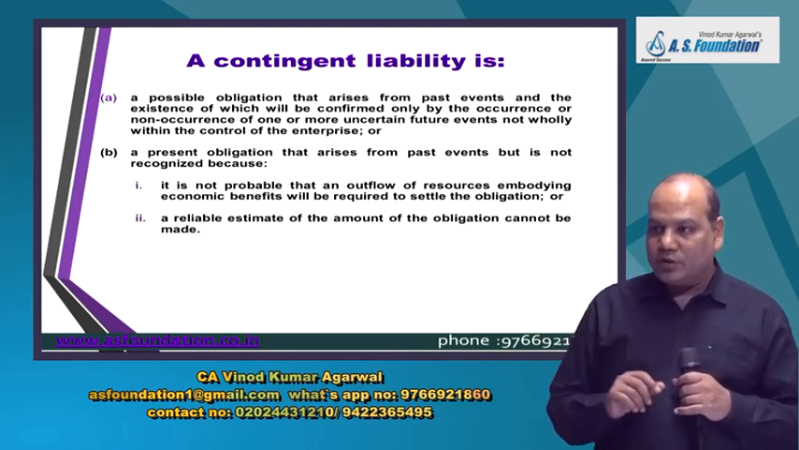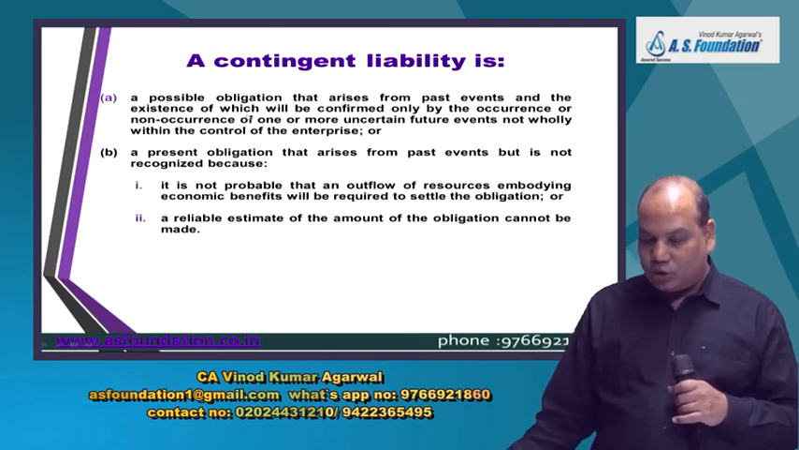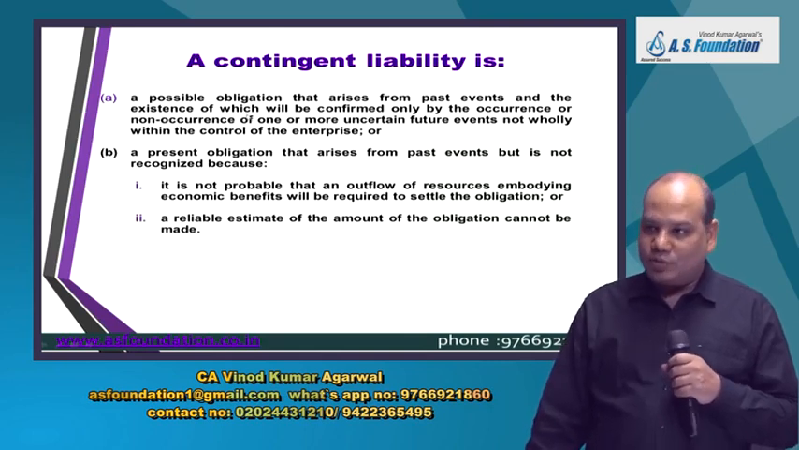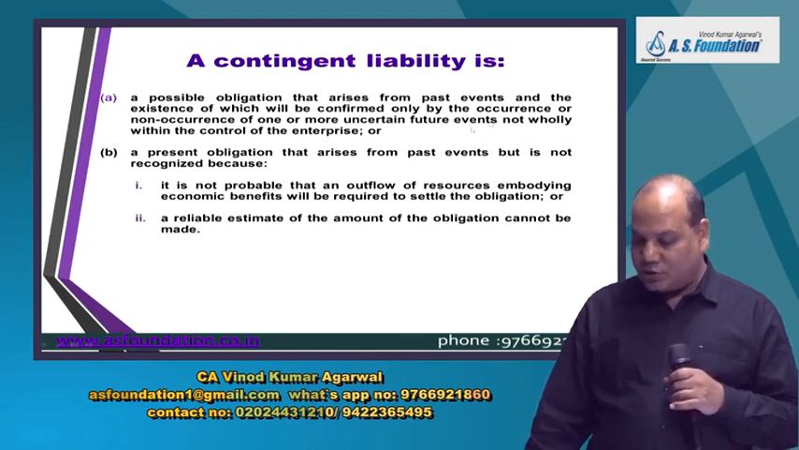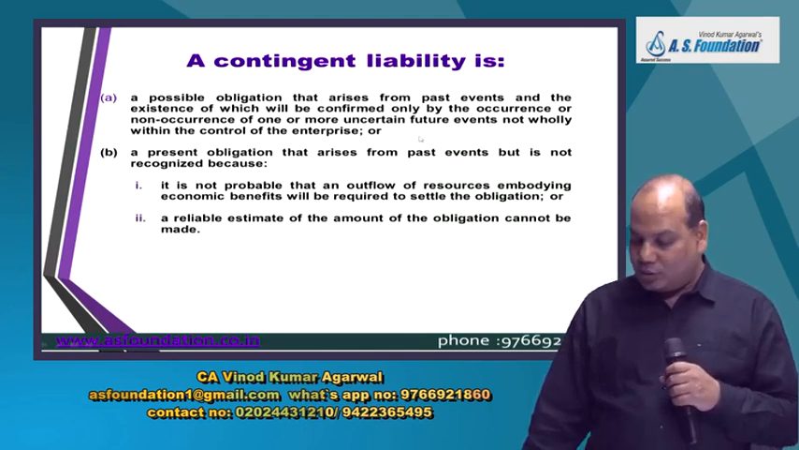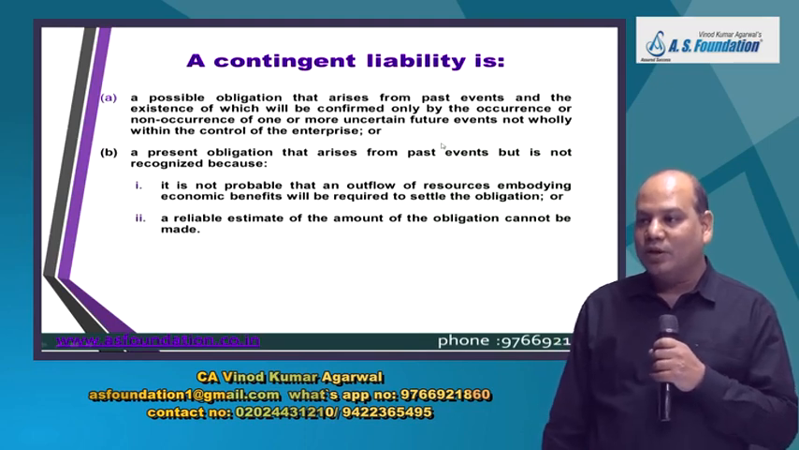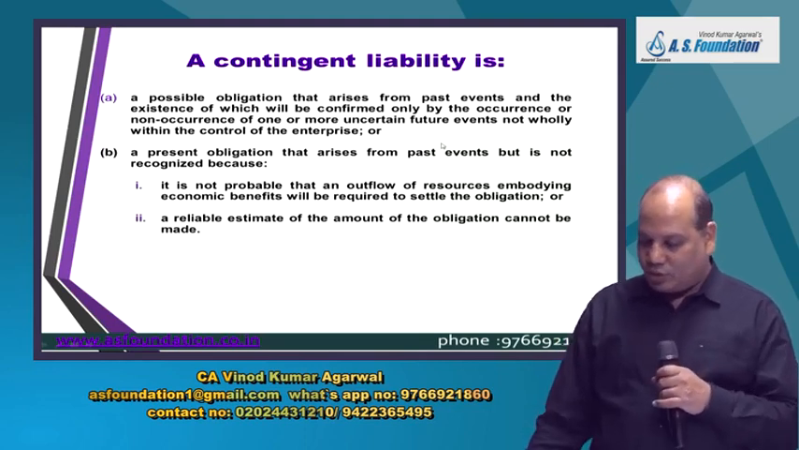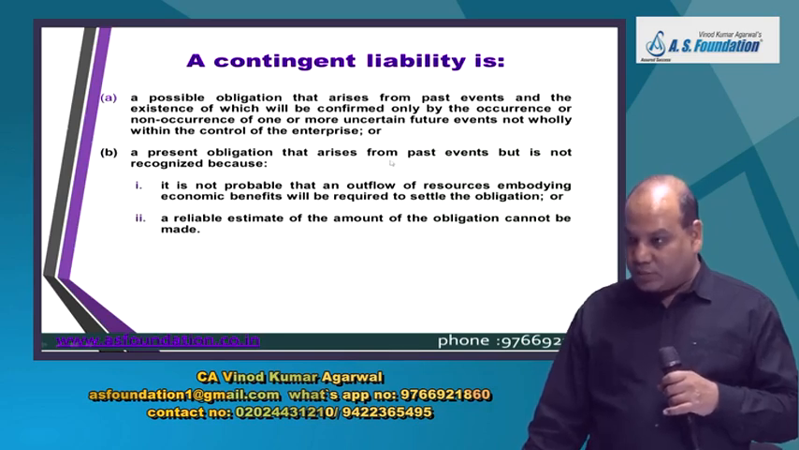There are two definitions. The first definition is what is normally taught in our 12th standard accounts book: a possible obligation that arises from a past event and the existence of which will be confirmed only by the occurrence or non-occurrence of one or more uncertain future events not wholly within the control of the enterprise. A court case is going on, we don't know what the outcome will be. But sometimes,